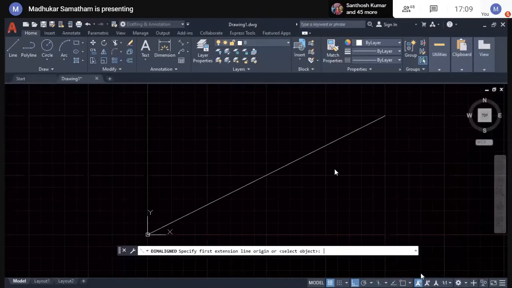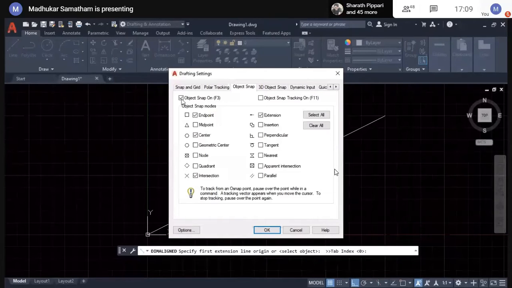Here I am selecting object snaps, select all. Here you can see F3 is the shortcut and F11. Both are shortcuts: F3 for object snap, and F11 for object snap tracking.